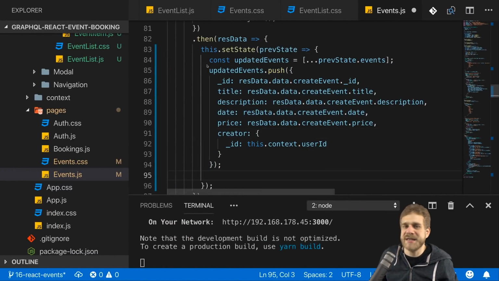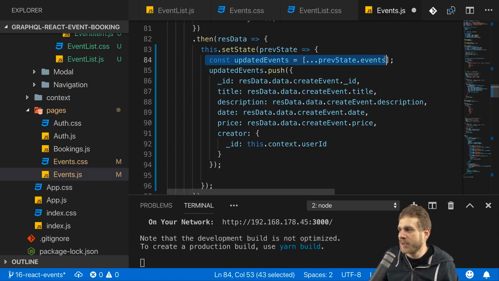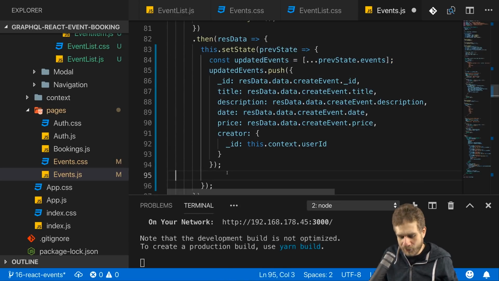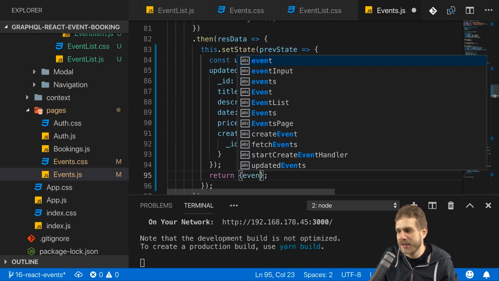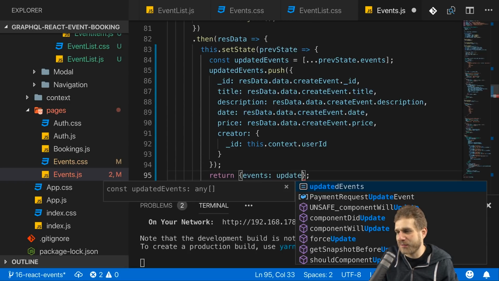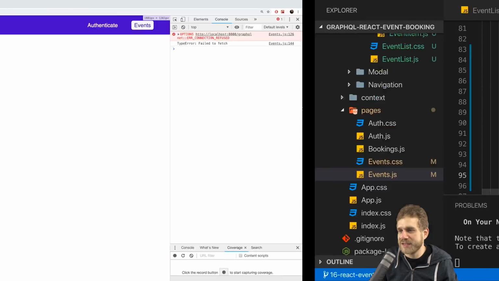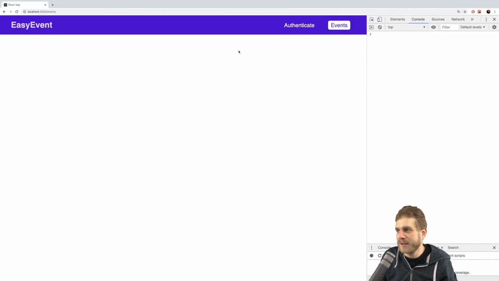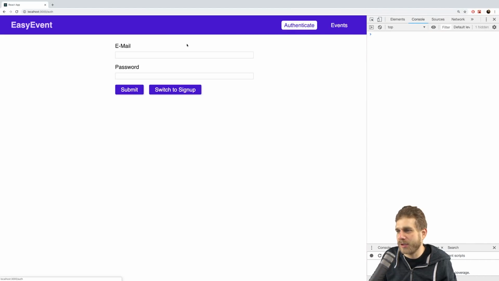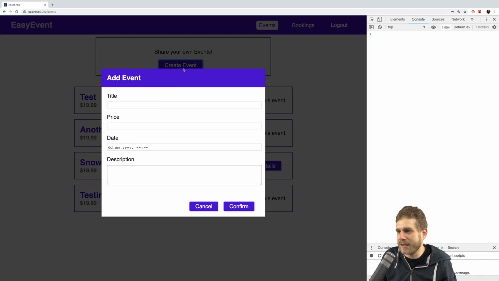Yeah, that makes sense, because it's nice that I do update my events list here, but of course I should also return my new state object, or the data I want to merge with my existing state, where I do override the existing events with the updated events. So this is an important addition here, obviously, to set state. And now with that, let's try logging in again. Submit. And create